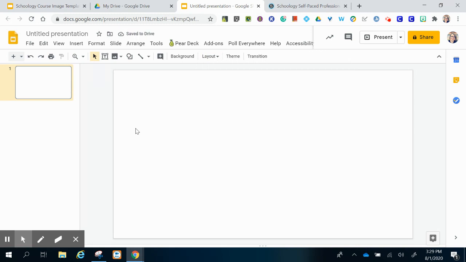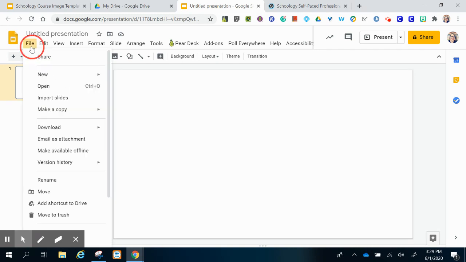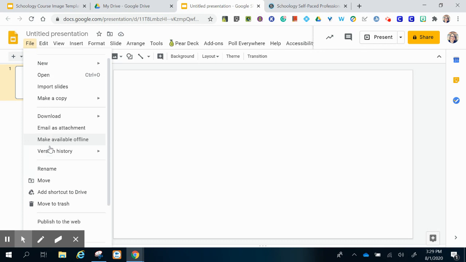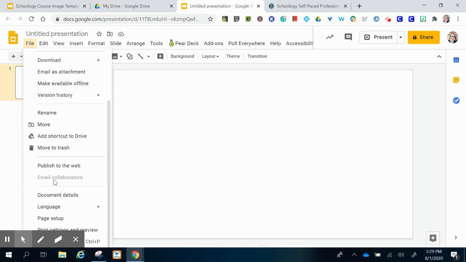And this is going to be a common theme when we create things in slides, whether it be a worksheet or course images. You can just do a lot of really cool things in slides. And I'm learning new ones every day. So check back with me every once in a while if there's something you can't do that you really want to. So the first thing we're going to do is go to page setup,